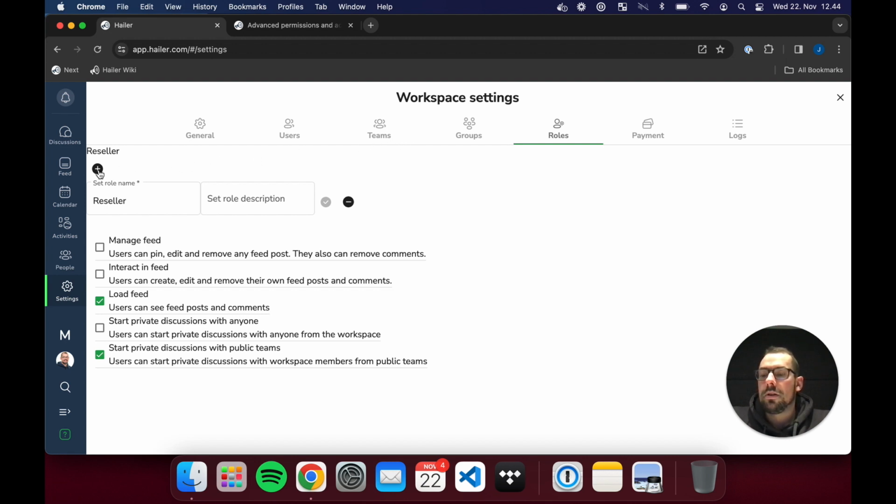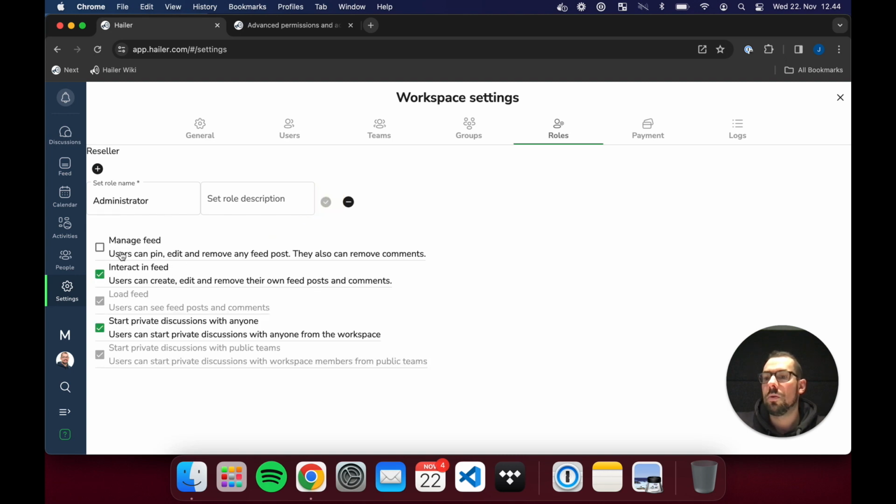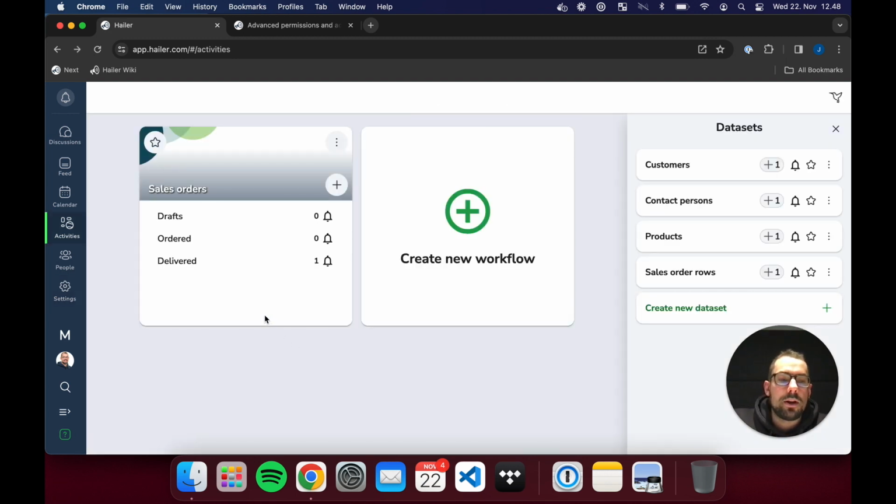In addition to this, we can create a new role we call administrator if we want to, which can manage the feed, which means it is now possible to have users that are not workspace admins but can still administrate the feed. They can create feed posts, they can remove feed posts, and so on. So now that we have configured the groups, teams and roles of this workspace, we will look at the workflow settings next,